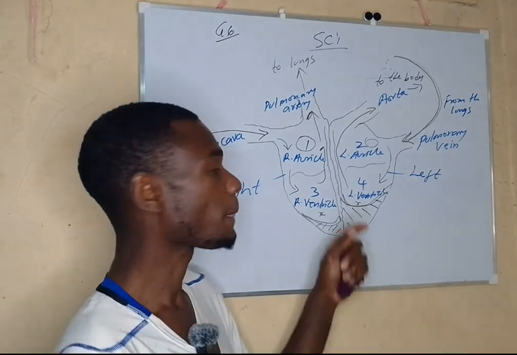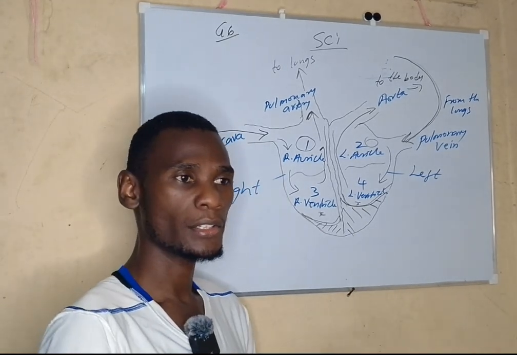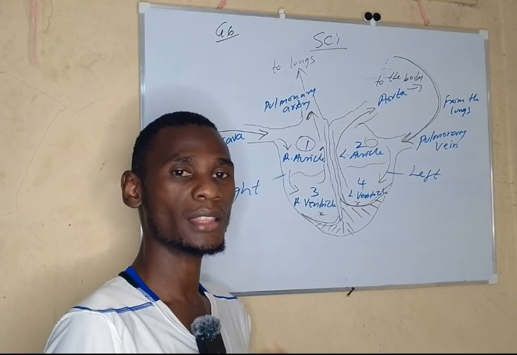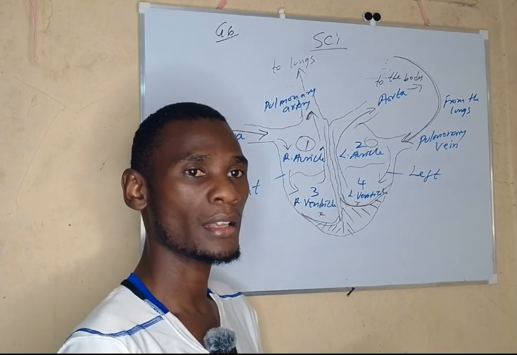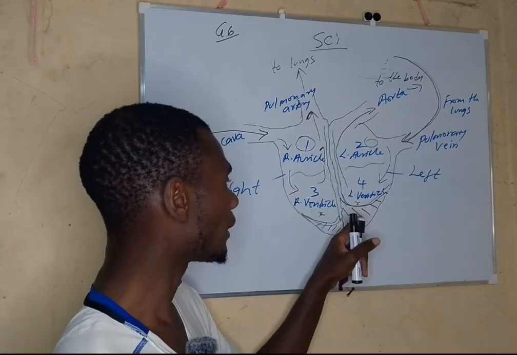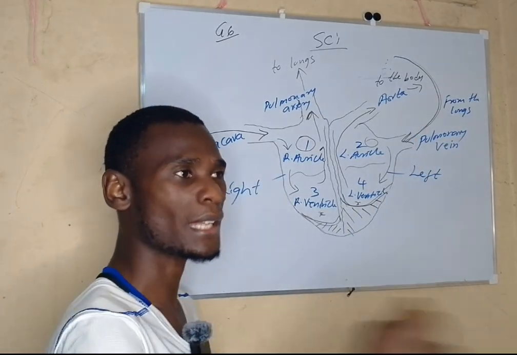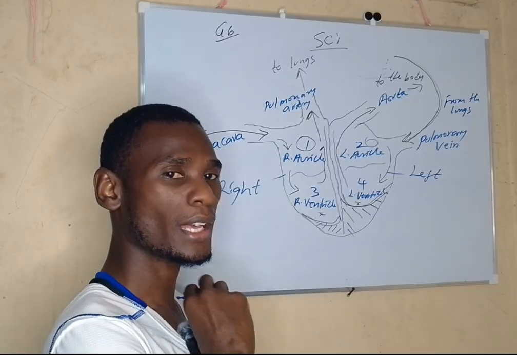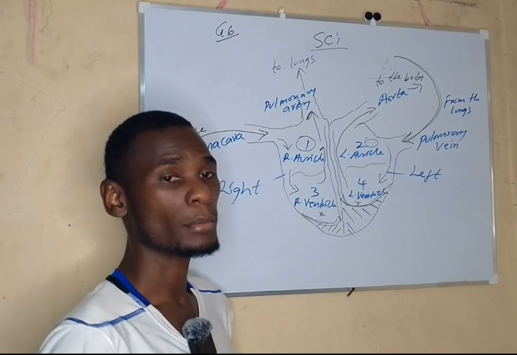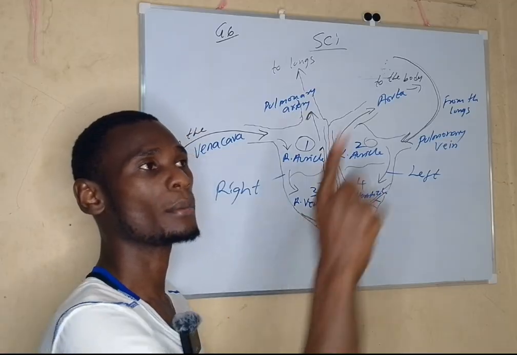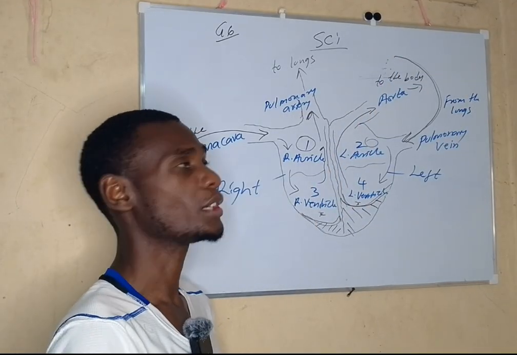So that is what happens. When the pressure is high, you look for a harder casing or a thick casing that can withstand that pressure. So that is what happens here. The left ventricle, being that it pumps blood to all parts of the body and has a lot of pressure, because of that high pressure, its walls must be thicker than the right ventricle, which only pumps it to one place, only the lungs.